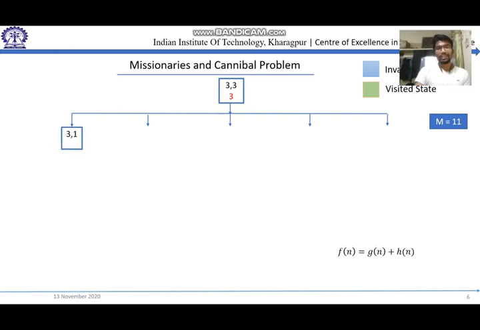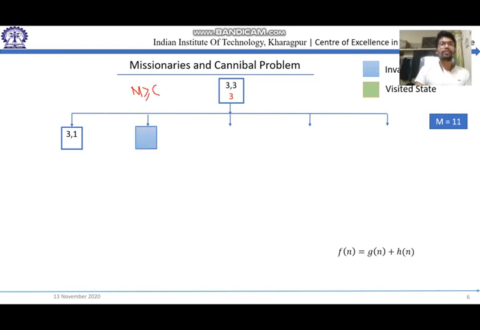Now we will see the different states and how this problem is moving from its initial state to the goal state. So the initial state is given as 3 3 and the corresponding goal node function is 3. As we discussed, there are basically 5 possible actions. So if we expand this particular node, then it can be given as something like this. The initial state is 3 3, and when we expand this particular node with the help of this first action, then we will get the state as 3 1,